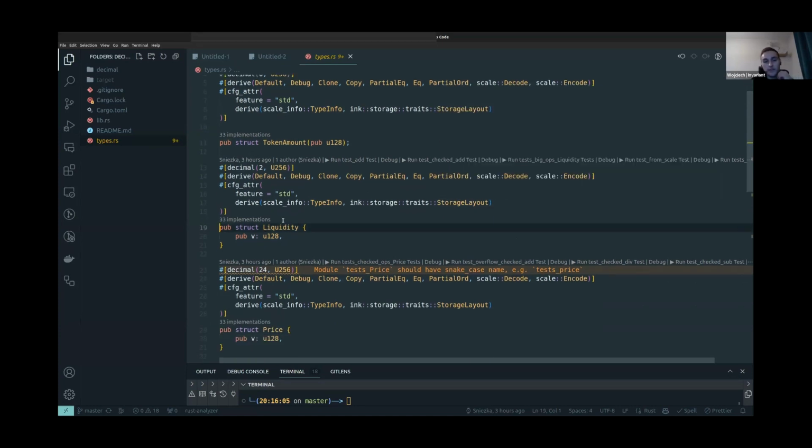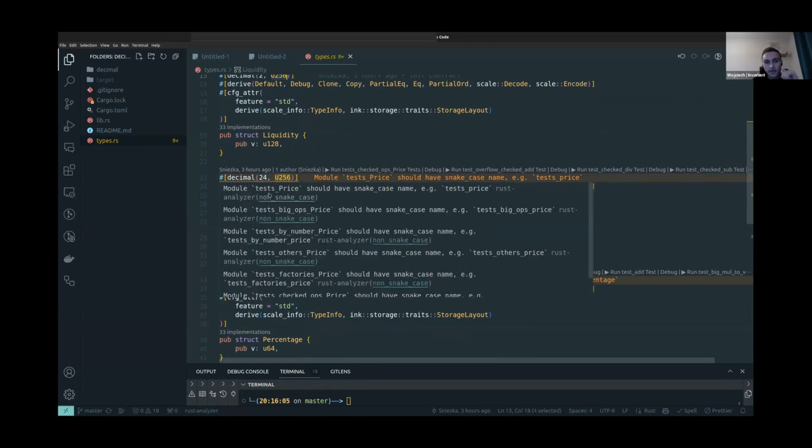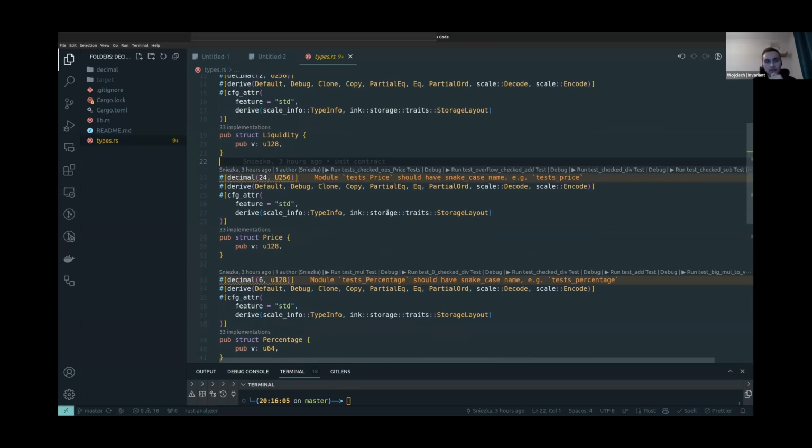Another is liquidity with 2 decimals, because we want to store some fraction, extendable to U256. Price has a similar configuration but uses a different decimal, 24 decimals, so it's an example of a type that needs high precision. Yeah, because price in an AMM represents the token ratio,